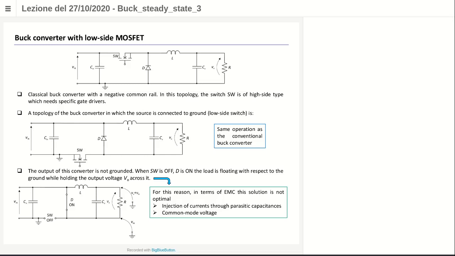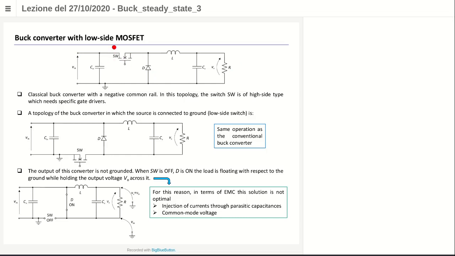Just a few considerations for the buck. The first one is that up to now we used the common rail, the negative common rail of the input voltage, at this node here as a reference. This is the buck converter for the negative common rail. What happens here is that there is a drawback of this topology, if you want, that uses the negative side of Vin as negative common rail for all the voltages,